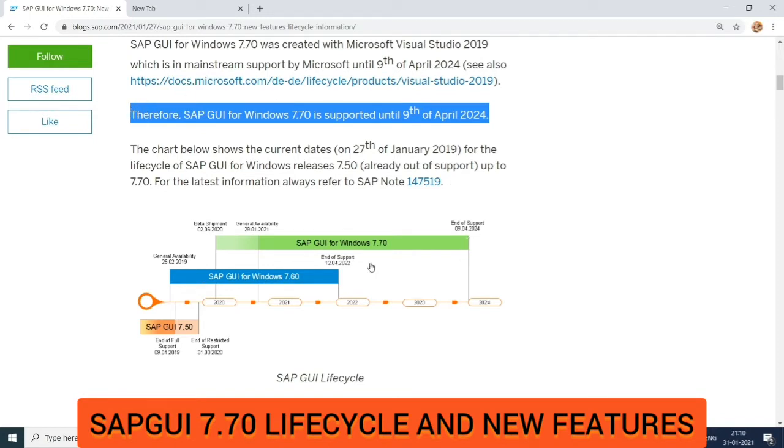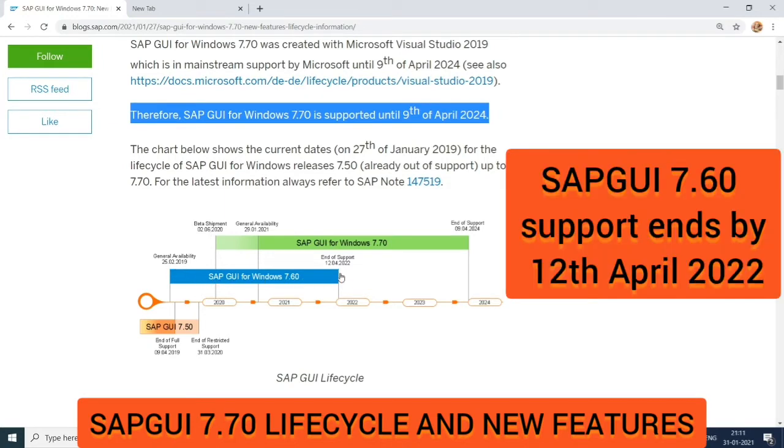The previous version, SAP GUI 7.60, was released on 25th February 2019, and as per the SAP GUI lifecycle, the support ends by SAP on 12th April 2022.